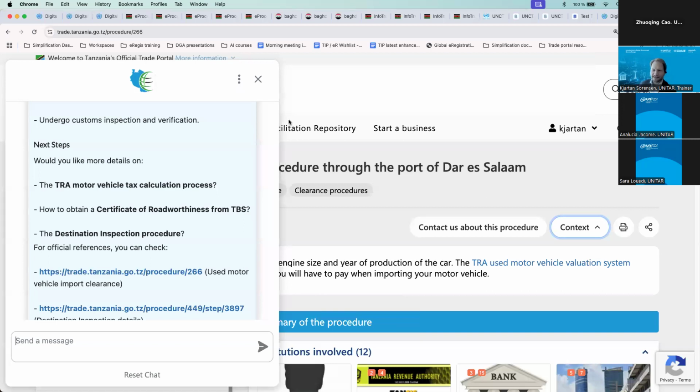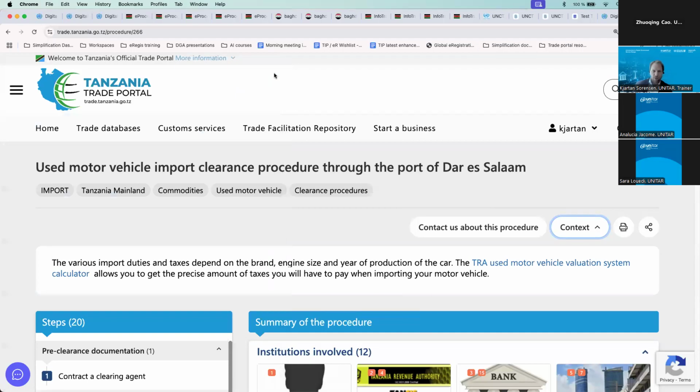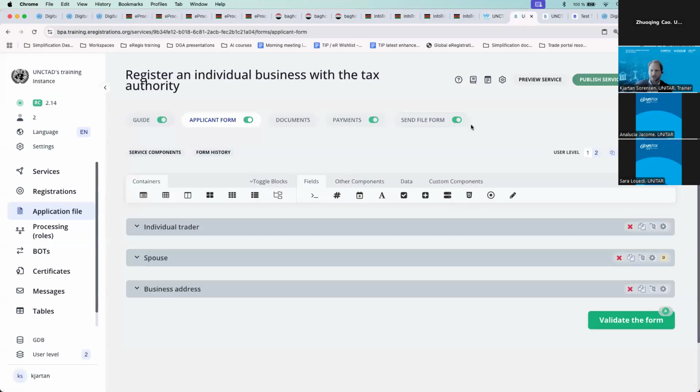But just to say, yes, definitely AI will transform the way and fast track, hopefully, the way we do service design and the way we provide good services to users. The second one was the question of cost of this system. So